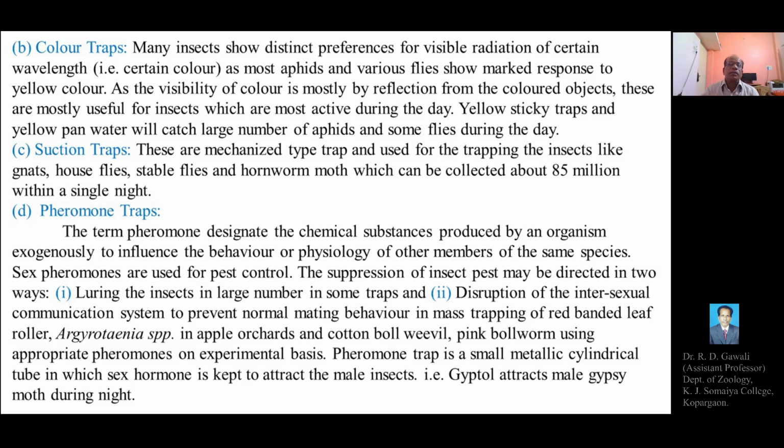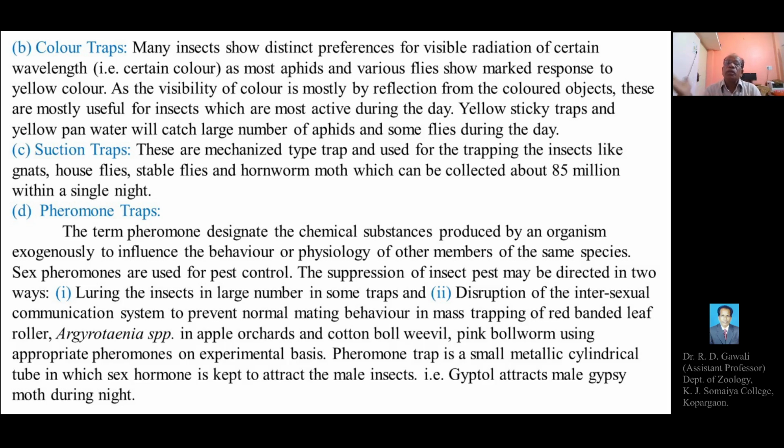So for this purpose, we have to use different types of chemicals, maybe sex hormones or pheromones, which have the ability to attract the males or the members of the same species. So pheromone traps can be used for the control of pests. With the help of a specific chemical substance, the pheromone or sex hormone, in the form of pheromone traps, which are simply kept in the field,